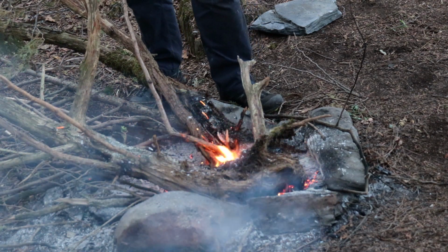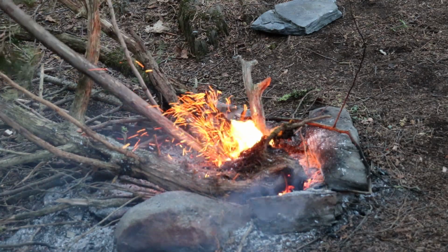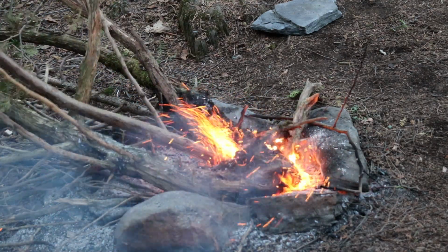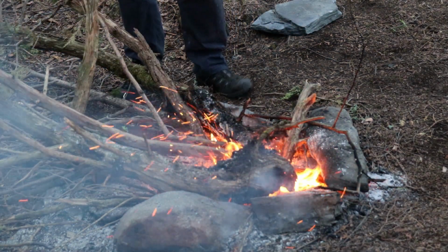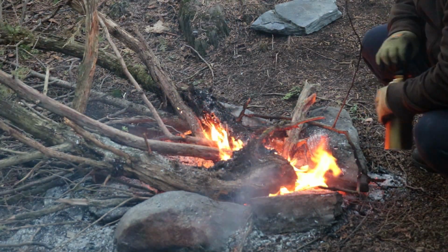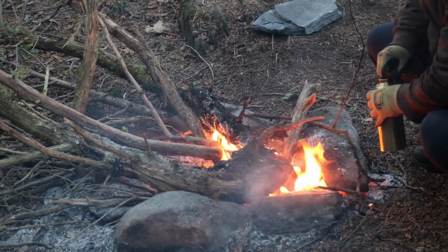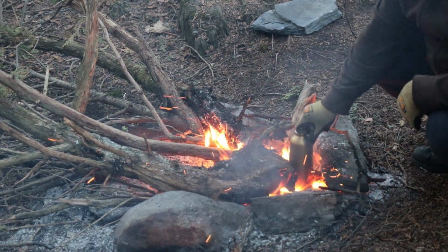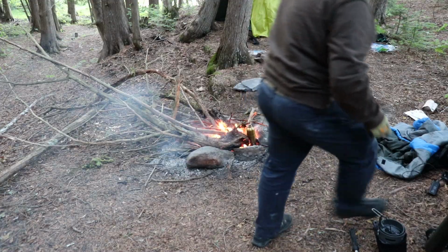Oh, starting to get some semblance of a fire. Another big old piece of wood in there. Okay. So I'm gonna take a plastic cap off of my bottle and put you right in there like that, so we can boil it. So while that's doing that,